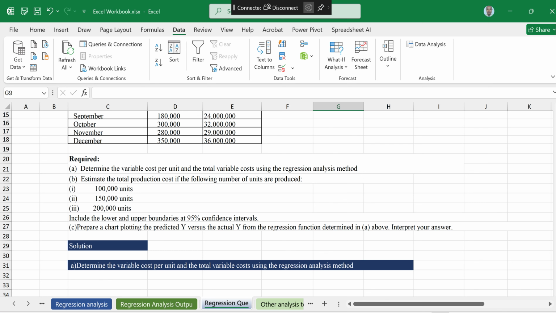B, estimate the total production cost if the following number of units are produced: 100, 150, and 200. They want you to include the upper boundaries and also the lower boundaries. C, prepare a chart plotting the predicted Y versus the actual Y from the regression function determined in A above. Then interpret your answer. So we want to do the solution, but before we do it,